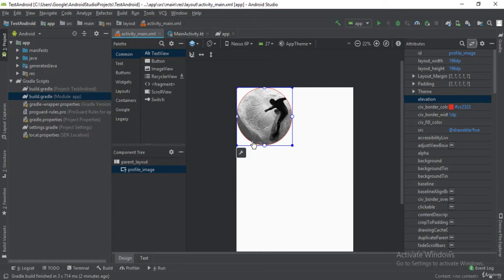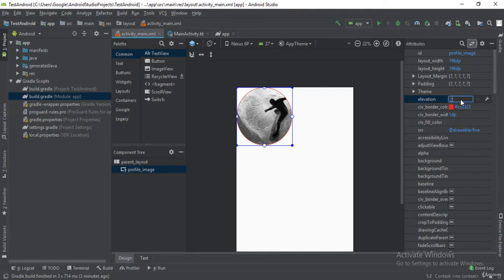Now we can deal with it as a normal image, just copy the ID, or here you can add the ID that you want and use it inside your Kotlin file. This is really a great thing. Of course there are a lot of features you can try out. For example, by selecting your profile image, which is a circle image view, here we have the properties window. You can really add things that you want. For example, testing out the elevation. I haven't tested this out, but let's try it together.